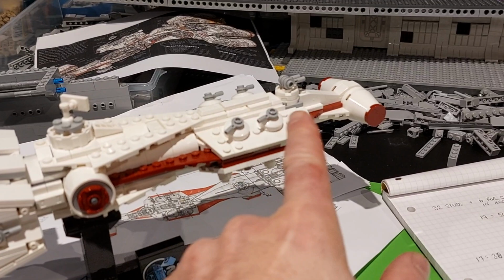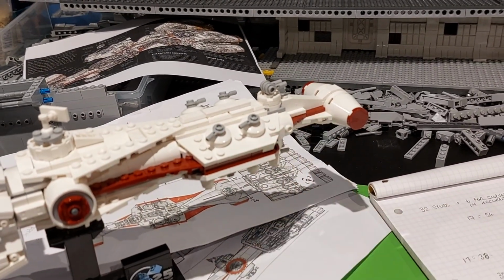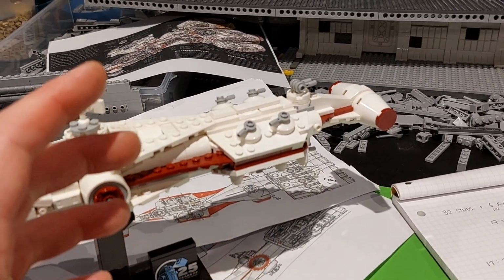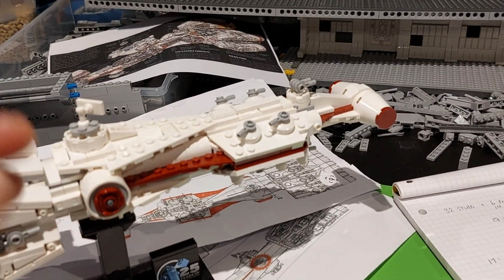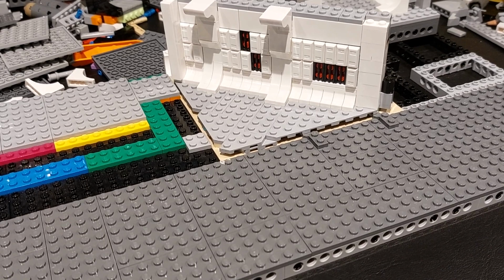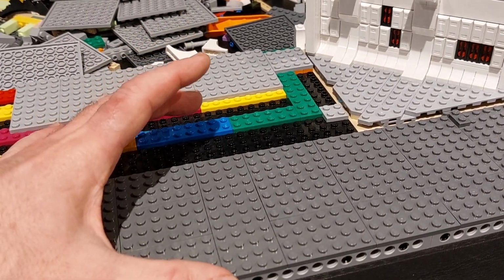I'm not going to have to worry once I get to here, because you've got plenty of bodywork to play with, and down here it's not going to be an issue at all. So that is another good way that I can lose some of the size, but without necessarily sacrificing the overall aesthetic of the build. And this really has been fun and games trying to get the width of this corridor